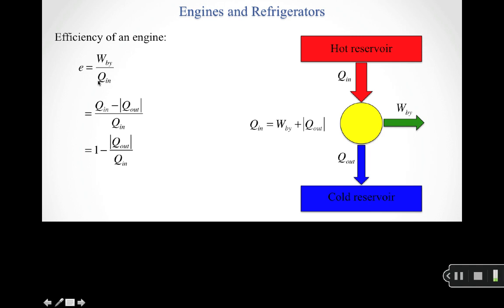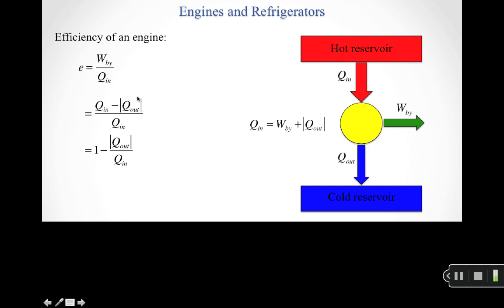So our efficiency is going to be given by the ratio of the work done by our system to the total amount of energy that we had to transfer in as heat. So the more of that energy we transfer in that we can immediately convert into work, the greater our efficiency is going to be. So if I just rearrange my equation here and solve this for the work done by,